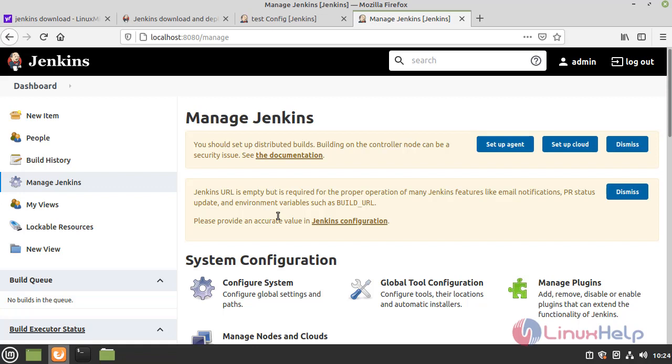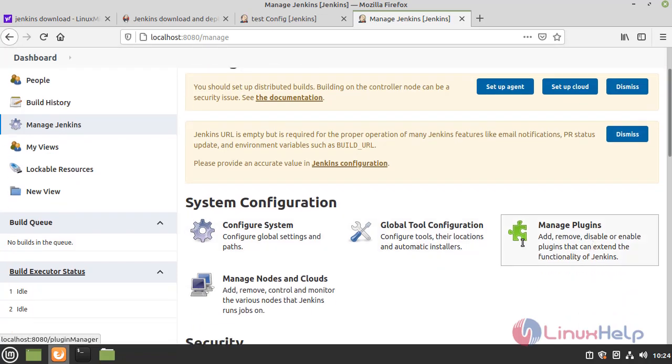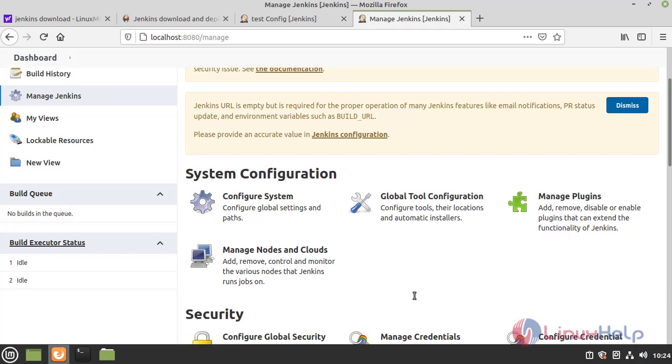If you need to integrate GitHub with Jenkins, you need to add the GitHub plugin. To add a plugin, you can use manage plugins. You can download all the plugins from here. In Manage Jenkins, we will mostly look at configure system, configure global security, and manage plugins only.